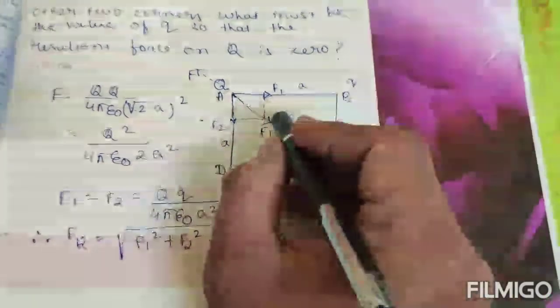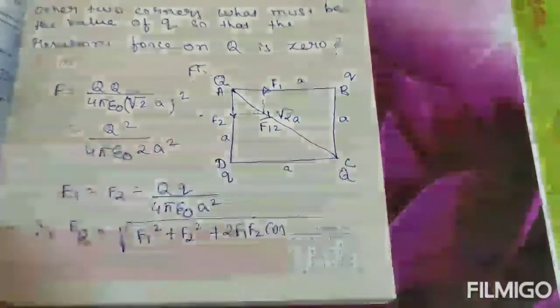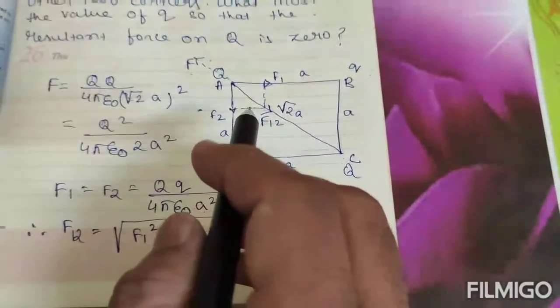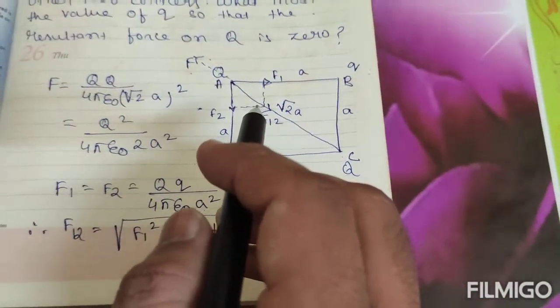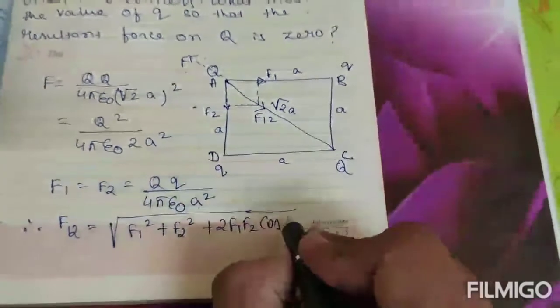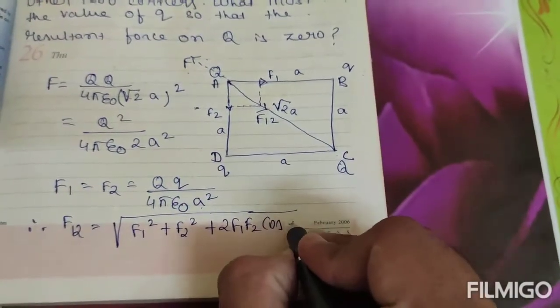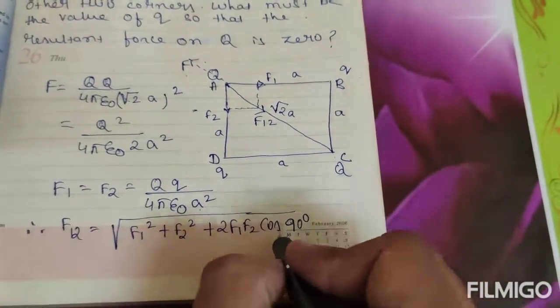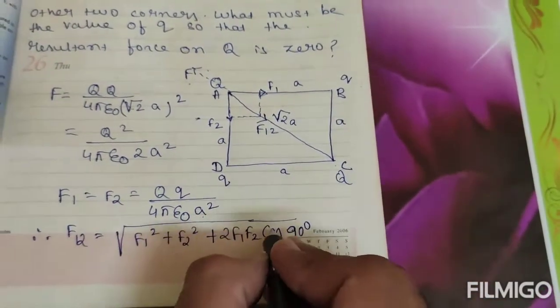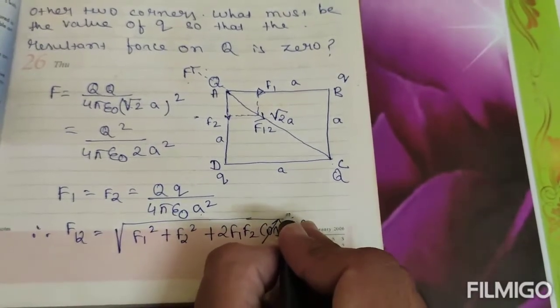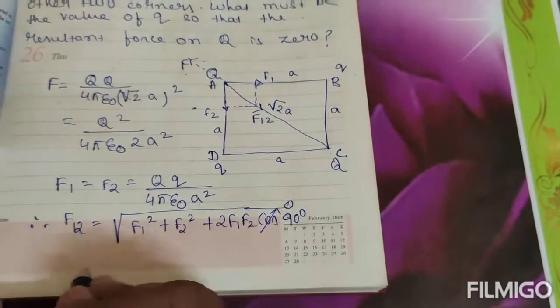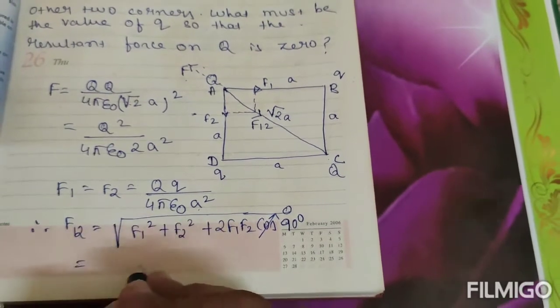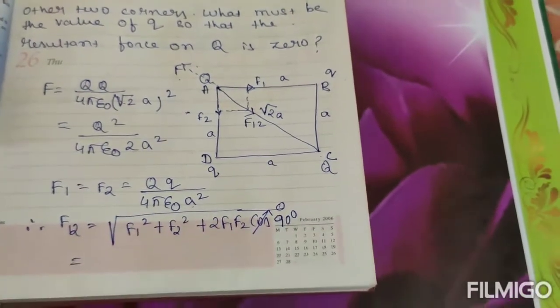Okay, you are drawing like this, and we are finding out the resultant. What should be its angle? Its angle is how much between F1 and F2? 90 degree, right? What is cos 90 degree? 0. So this part is 0, only this part is remaining. So what is root over of this square plus this square? We'll get the answer